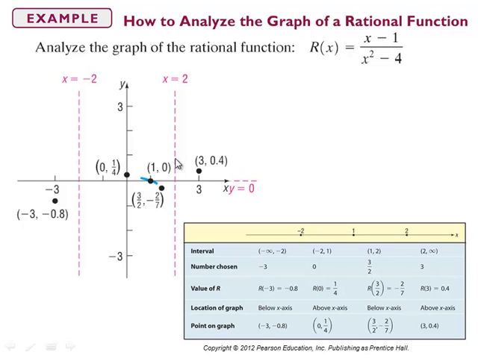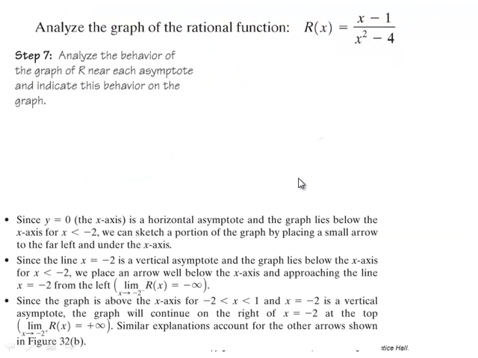And then to the right of x equals 2, because the graph is above the x-axis at x equals 3 and doesn't cross the x-axis again, the graph will go to positive infinity as x approaches 2 from the right. And then as x becomes infinitely large, going toward infinity, the graph will approach the x-axis, getting more and more horizontal. So you put all that stuff together,